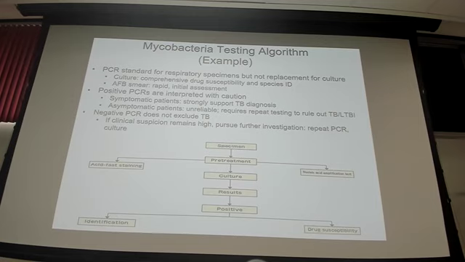The lab would pre-treat it, which means they would do a digest of all the other cellular material, trying to get rid of all the other bacteria, such as those that would outgrow mycobacterium. And then they would split that specimen up into different aliquots, different sections or parts. One would go for culture, liquid and solid culture. Another would be sent for acid-fast staining, and the other would be sent for PCR.